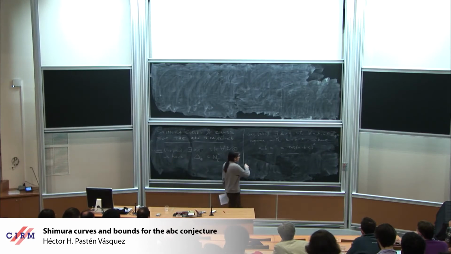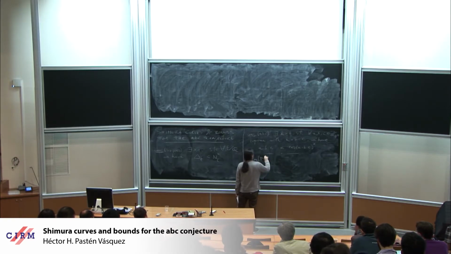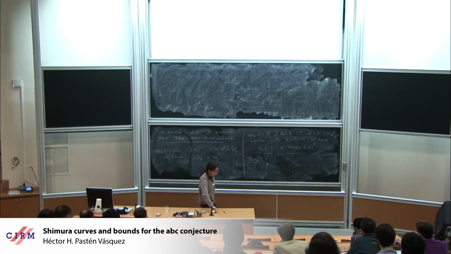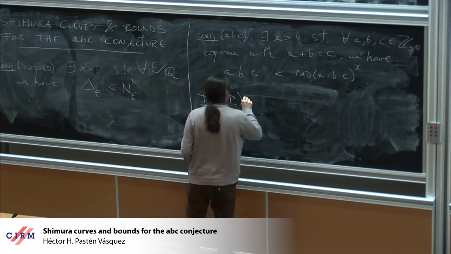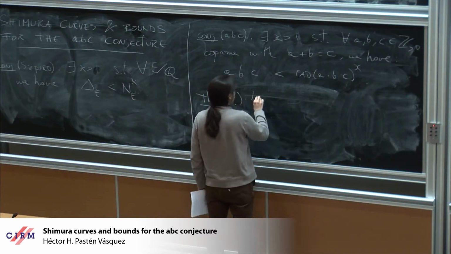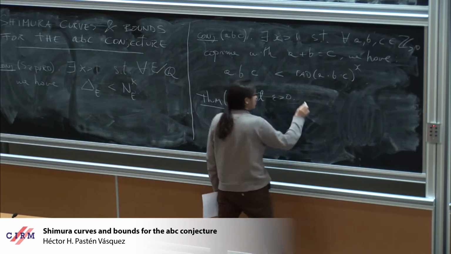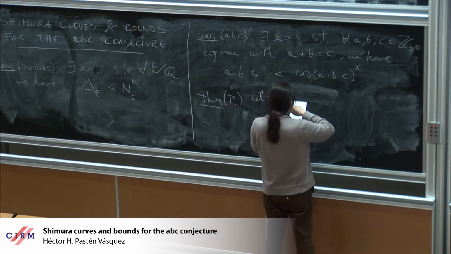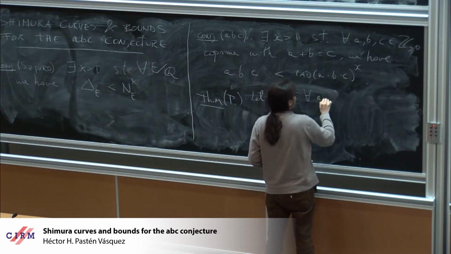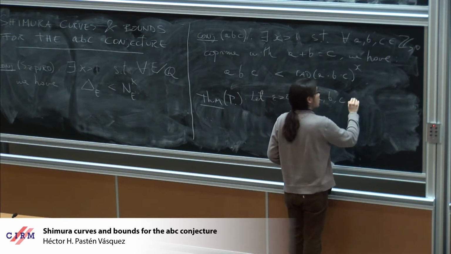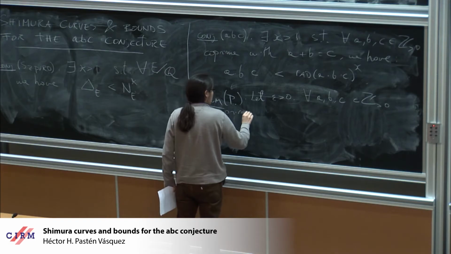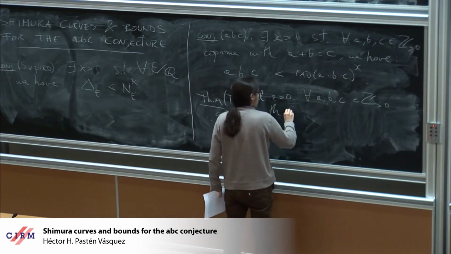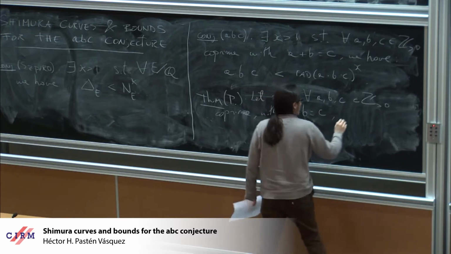All right, so let me just go straight to the theorem. One of the theorems I want to discuss today is the following. Let epsilon be positive. Then for all A, B, C as above, coprime with A plus B equal to C, we have